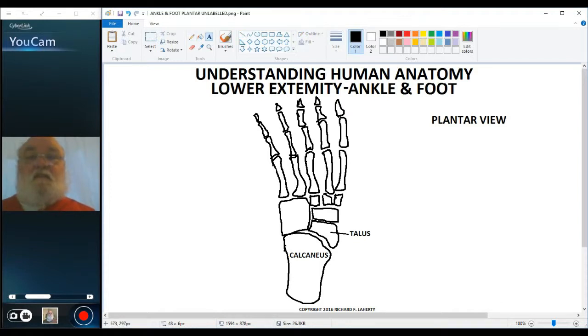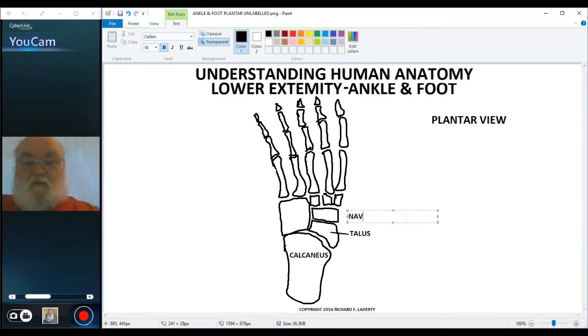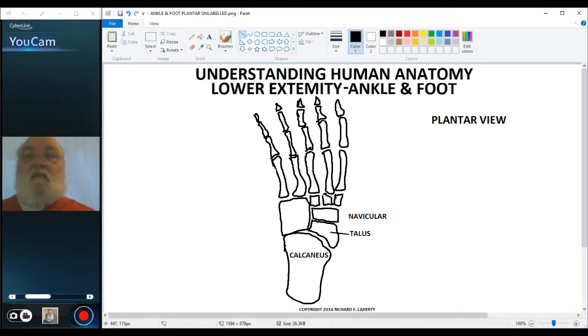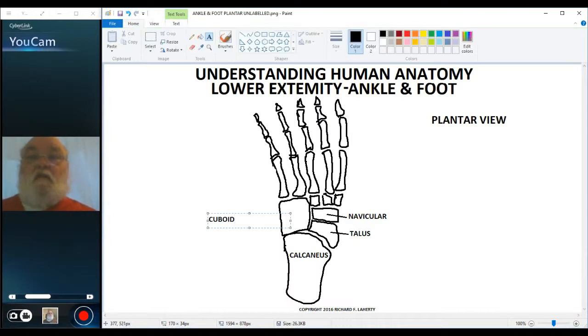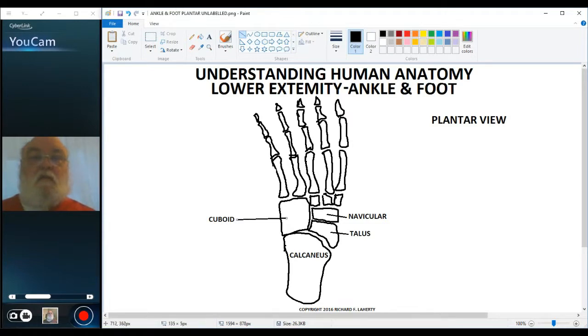Then the navicular, and the cuboid, and the 3 cuneiforms,